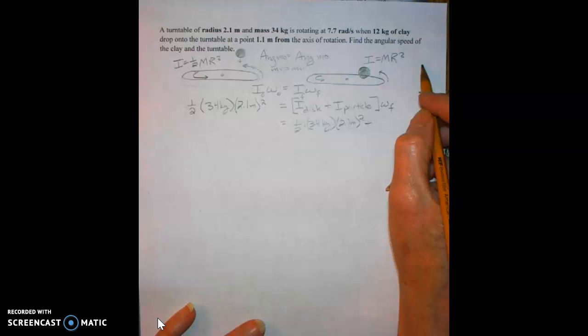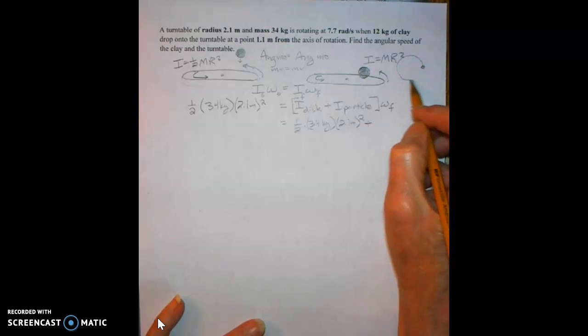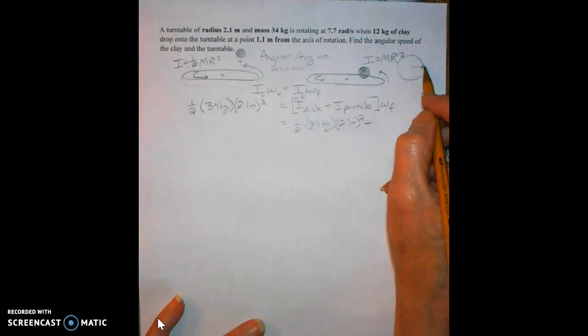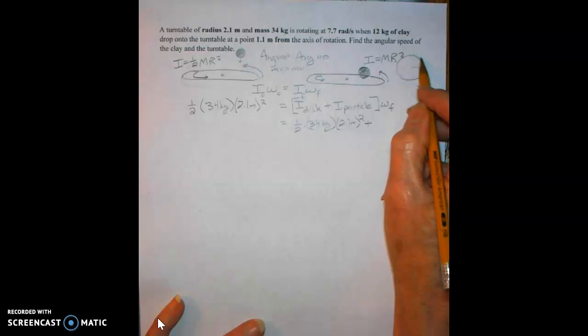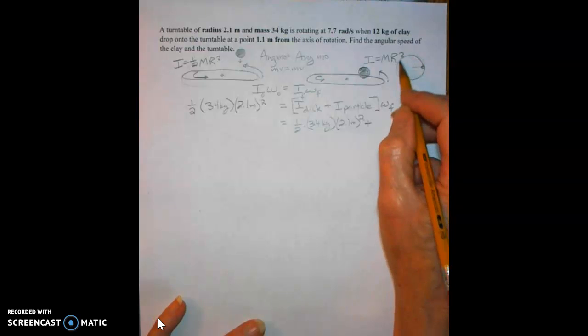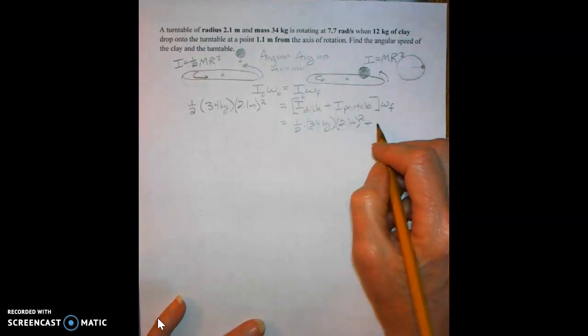So I tend to think of it like a lump of sidewalk chalk. If you go out on your sidewalk with your lump of chalk and you draw a circle, that particle is moving in a circle, right? And so that particle has its mass this whole radial distance away. Well, so does the circle that you drew on the sidewalk. So as long as you have a thin ring or a hoop, your rotational inertia is going to be mr